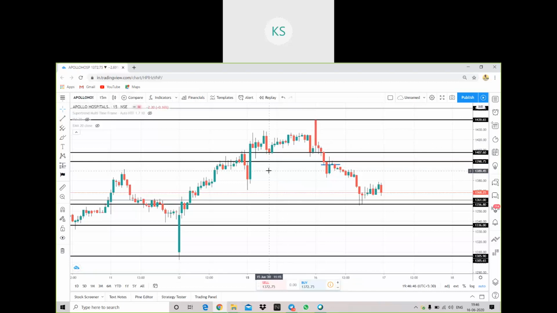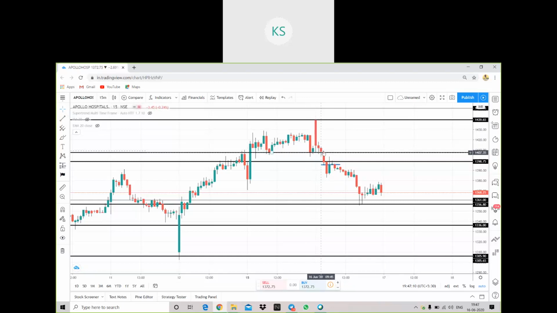Okay, one more time, Amit Jain is asking. Sir, see, this is the first 15 minutes candle. On the high, I have drawn one line. On the low of that, I have drawn one line. So this complete thing is my open range. I need a closing out of this, either on the buy side or on the sell side. So whenever I get a closing, for example, see this case, I got a closing on the sell side, that is on the downward side. So I will go for a sell.